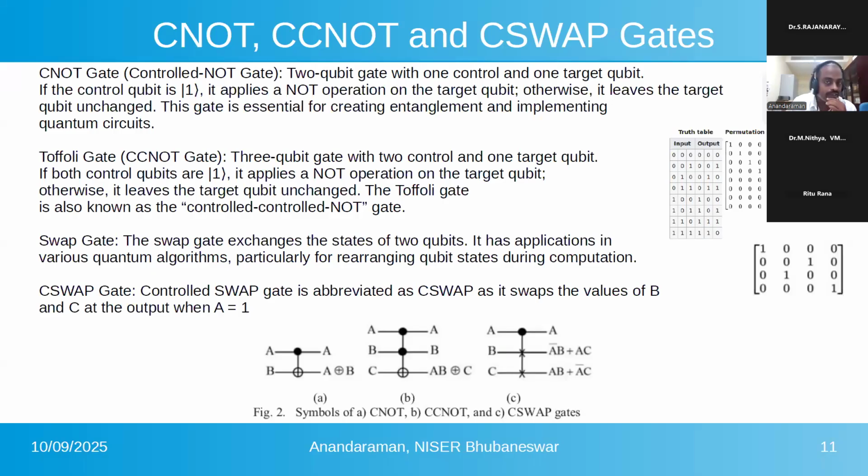Two-qubit quantum gate with one control and one target. If the control bit is one, it applies a NOT operation. Otherwise, it leaves the target bit unchanged. This gate is essential for creating entanglement and implementing quantum circuits. Okay. So here, if it is